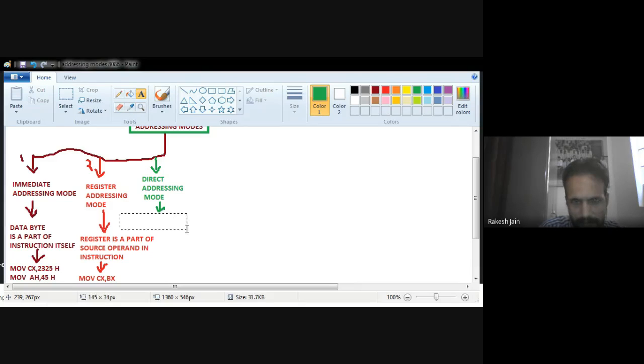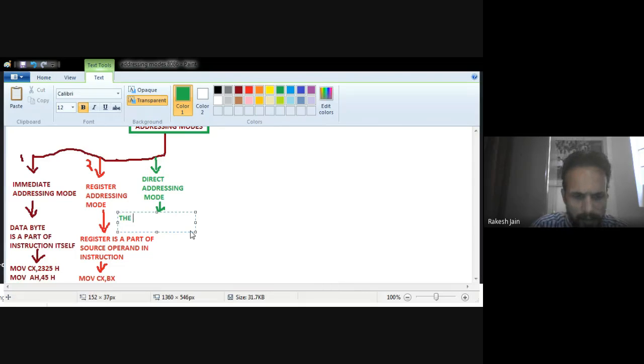Just writing here: the effective address of the memory location is directly given in the instruction. So this is known as direct addressing.